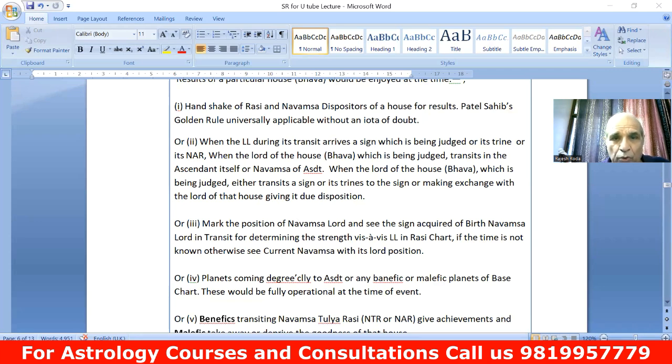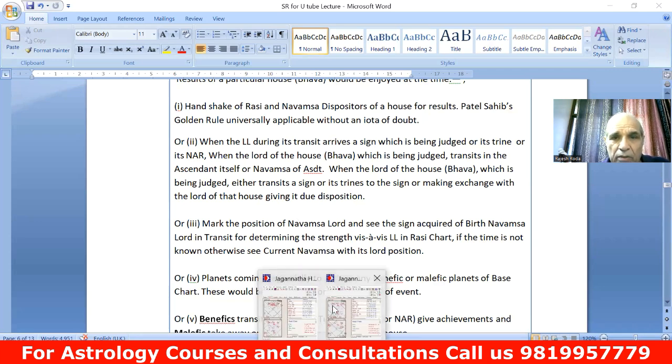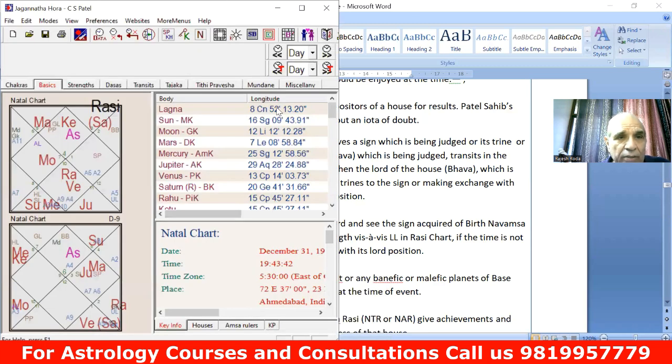We can again show you for this thing. Say we are to look at the 10th house. So we have to see the results of the 10th house. 10th means his projection in the society, his profession, all such things. Navamsha acquired Rashi. When the Lagna Lord Moon comes here,